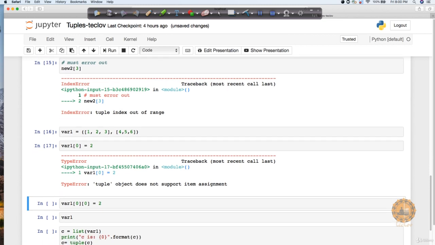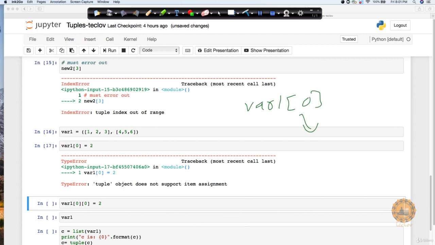But notice one very interesting thing here. Though the tuple value is not allowed to change, let's say if you pull out var1 0, what is it going to return? 1 2 3. Now if you look at this 1 2 3, this is a list.